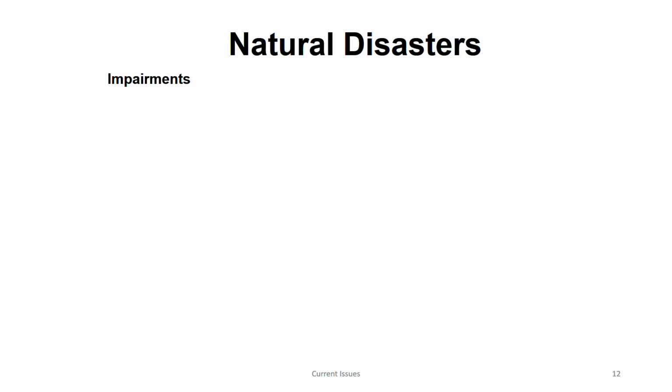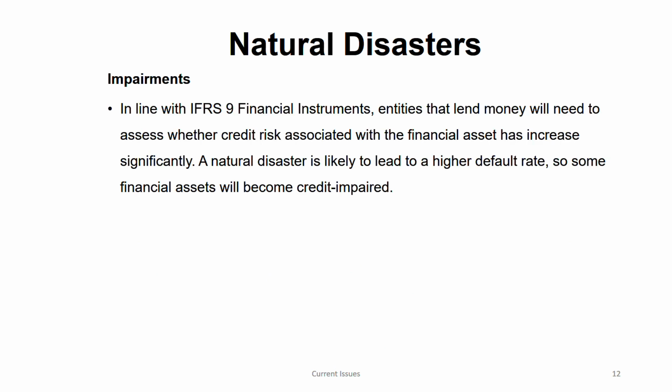Coming to the next, again it is impairment. So this asset could be anything. It could be a financial instrument also. If it's a financial instrument, then you have to deal with it according to IFRS 9. Then you cannot use IAS 36. How do you know it's a financial instrument? For example, entities that lend money. You as an entity are lending money to someone else. Because of this natural disaster, now their creditworthiness will suffer, that is, the borrower whom you have lent to. So because of that, now there's a risk whether he will be able to pay you back or not. The credit risk might have increased now.